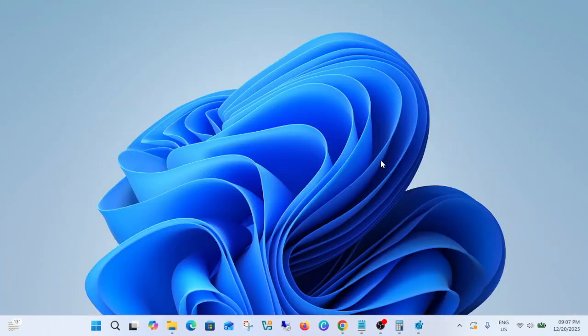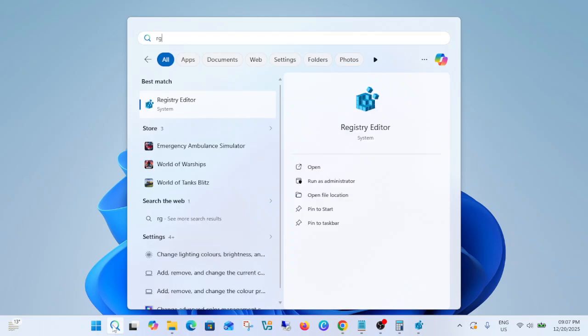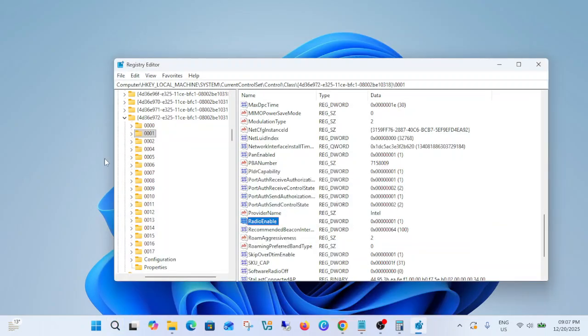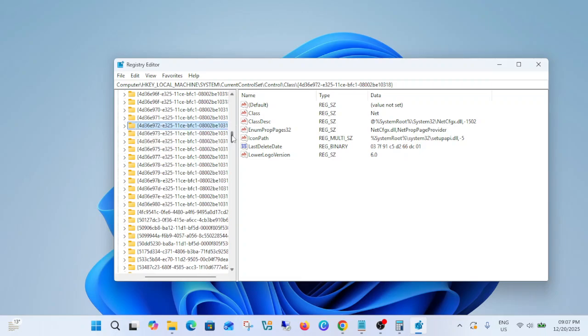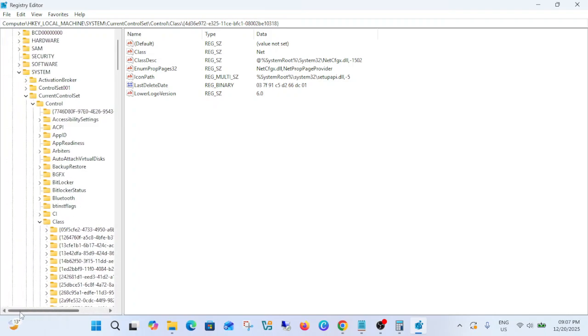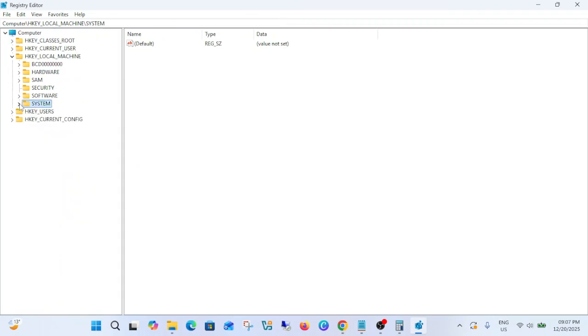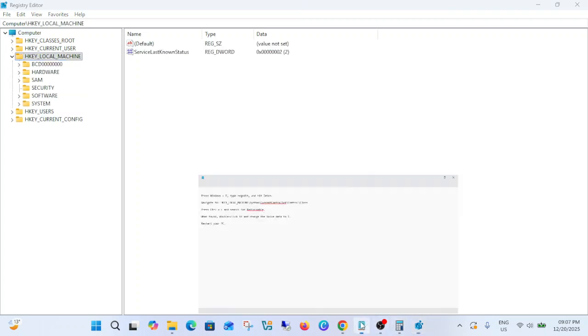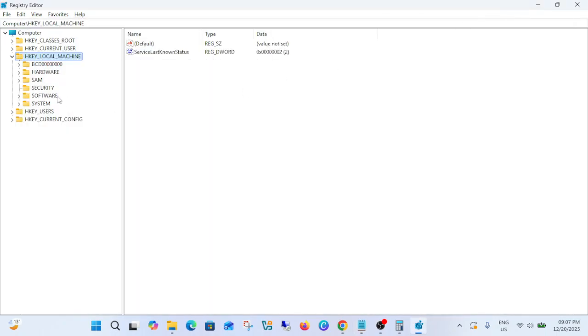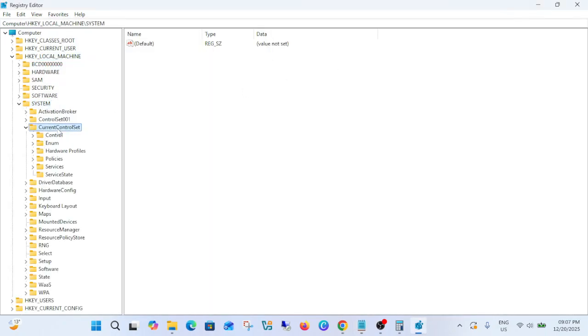If this solution is also not working for you, now let's move on to step number 5, and that is registry editor changes. Run it as admin. Now once you run it as admin, I have just gone through the same steps, which is the reason it is showing here still. Now you should be able to get this kind of window. What you need to do is double click on HKEY_LOCAL_MACHINE, and this is the path: System, CurrentControlSet,